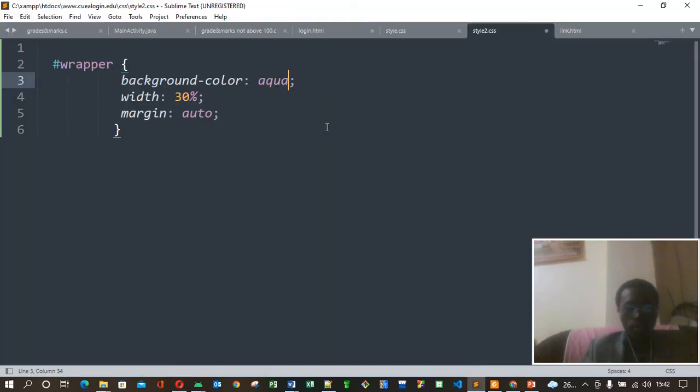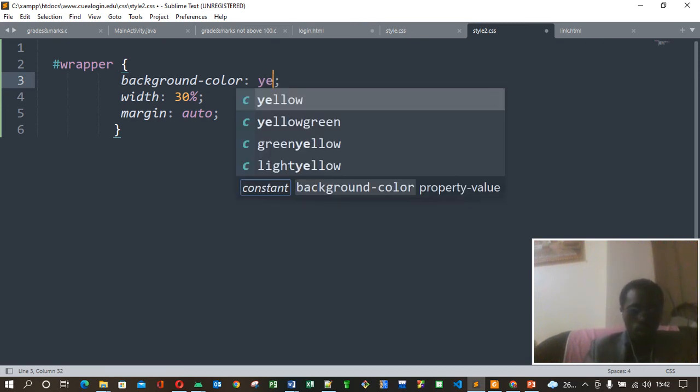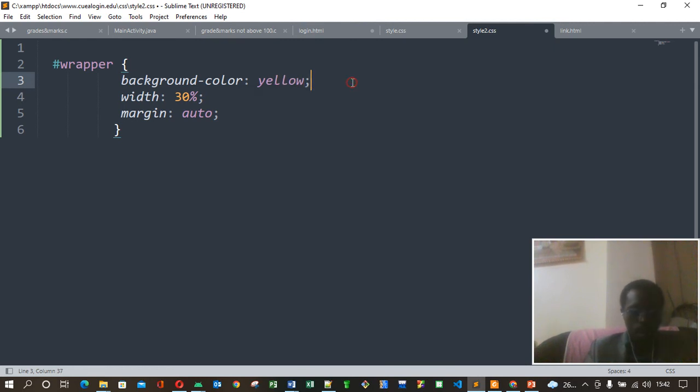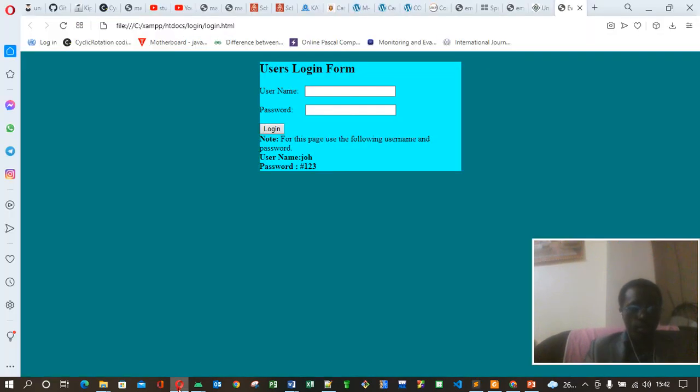What if we come to this code here and change from aqua to yellow? What will happen? So I'm going to save it. So right now, if we refresh this tab,